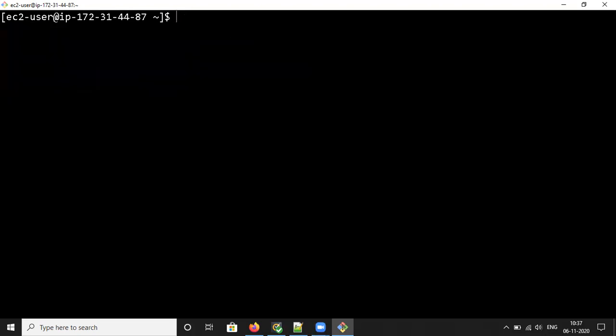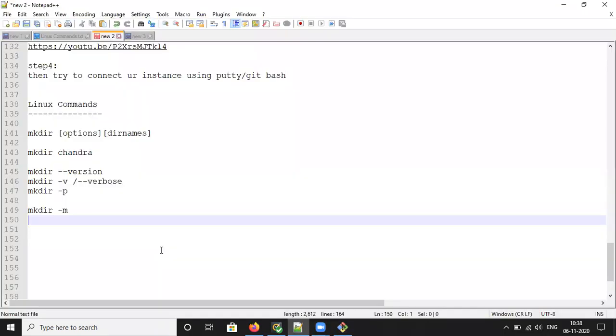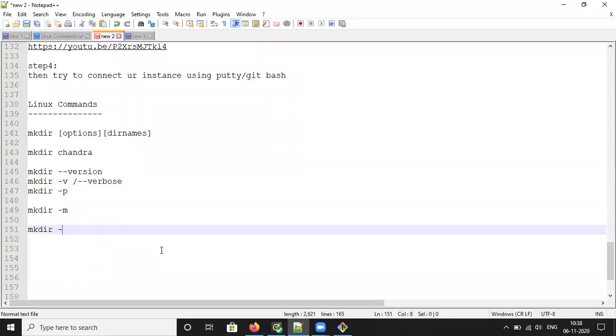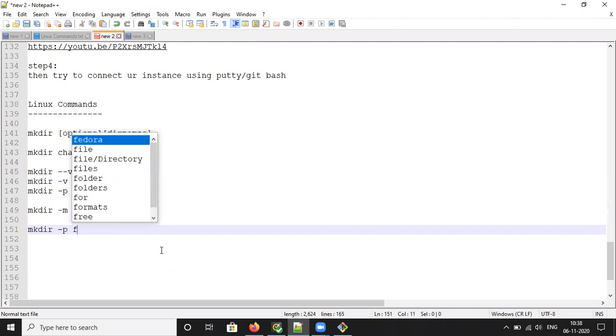So this is how you want to create the directory. Suppose I want to create nested directories using mkdir -p. We discussed -p: if you want to create any parent directory, you have to use it.